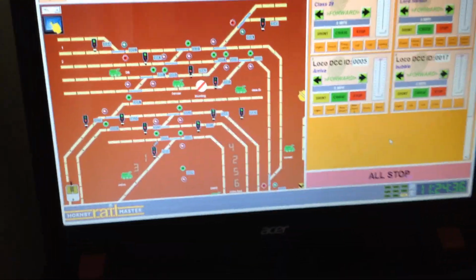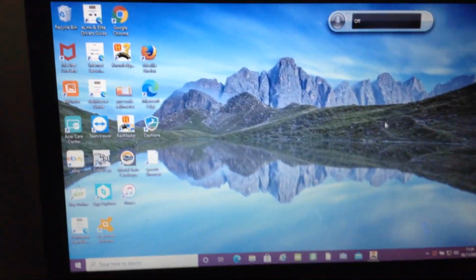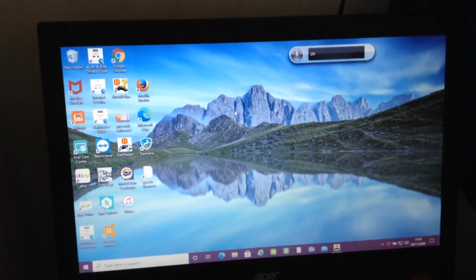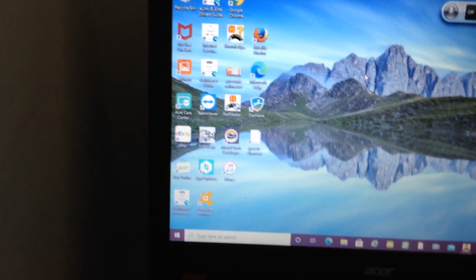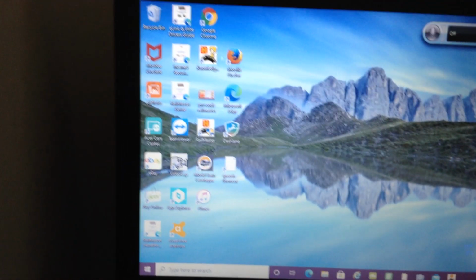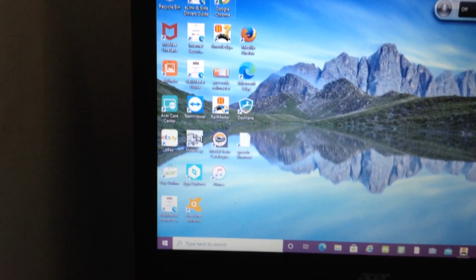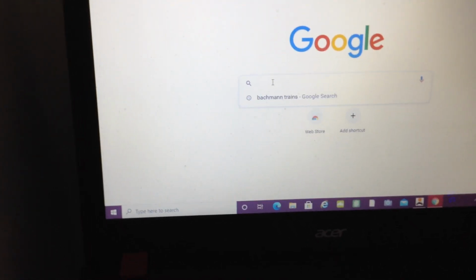First of all, as we reduce this down, we don't want this in. Right, first what we need to do is find a picture of the train that we want. This particular one is for a 150 regional train. So what we do is you go to Google or Google Chrome, whichever the case may be, and then in here we'll put in